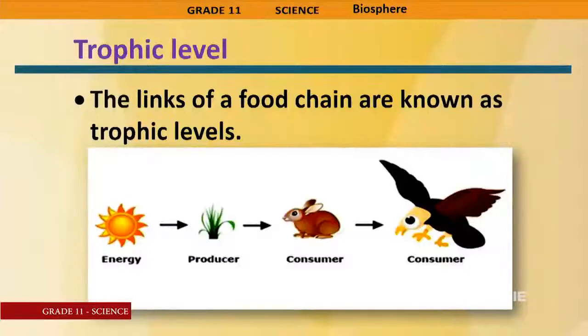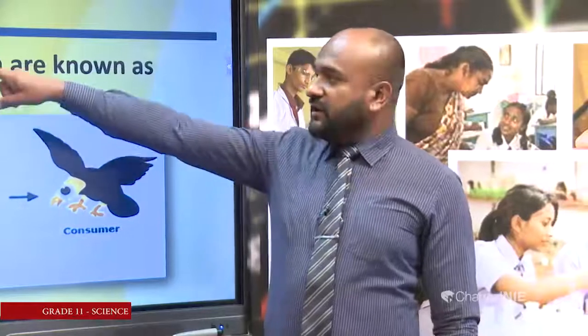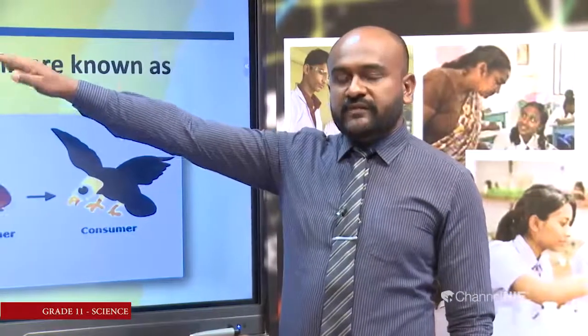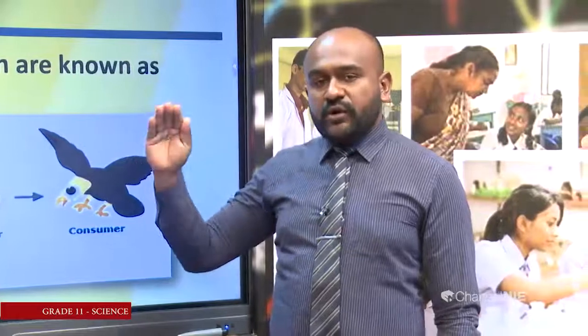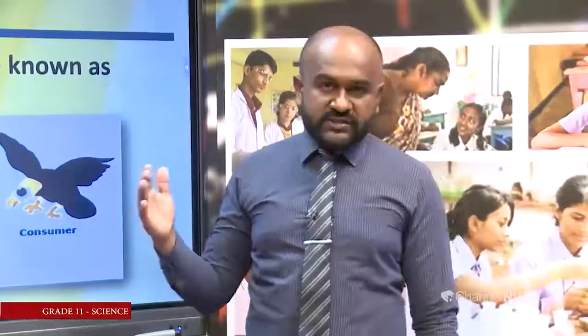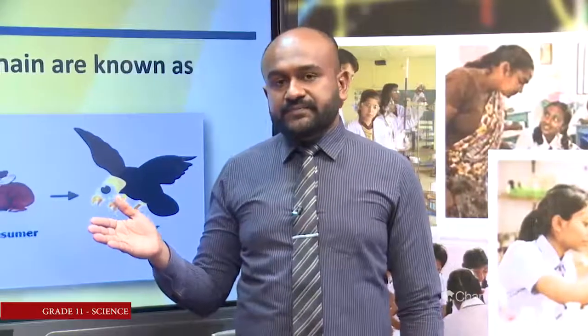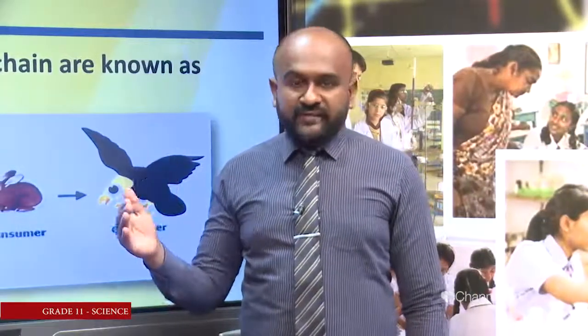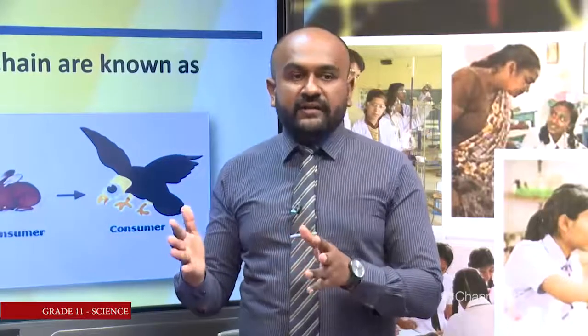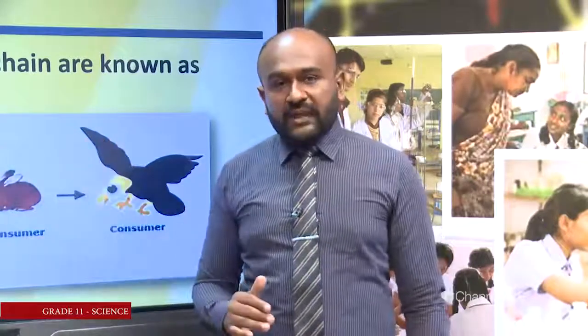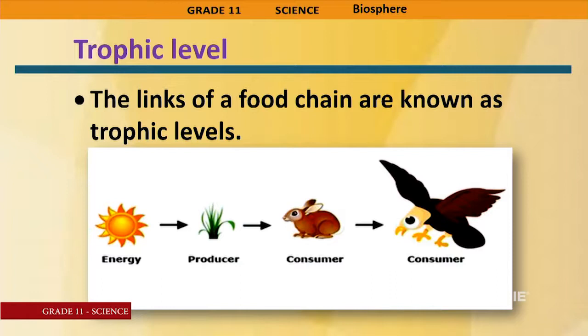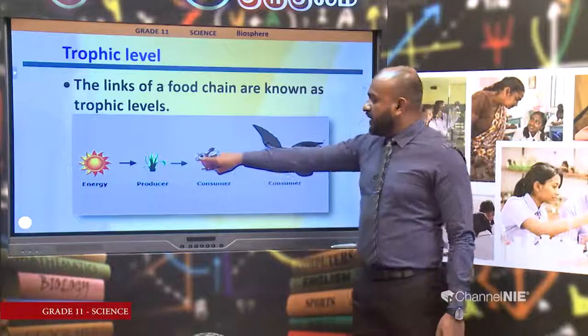Not only this, we get some other things also in a food chain. Let us see what they are. Each organism has a position in a food chain, and you call that the trophic level. These are also called the links. Each organism in a food chain is a link. Now, you see a food chain on the screen. Let us see how many links are there in it. You get the producer, a consumer, and there is another consumer. This is a food chain with 3 links. Then there are 3 trophic levels.